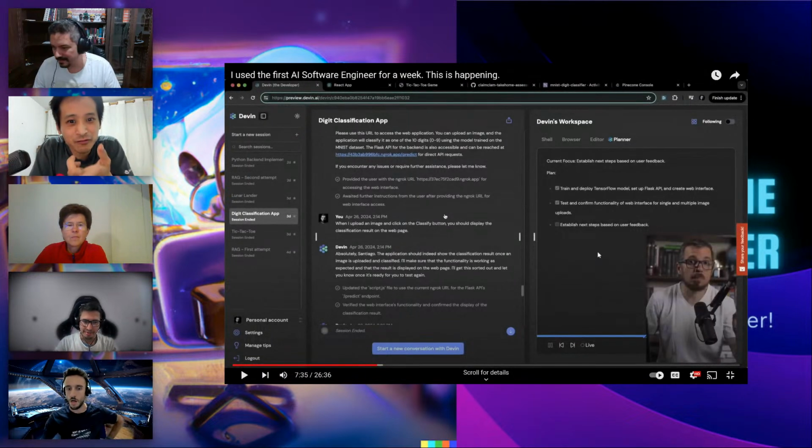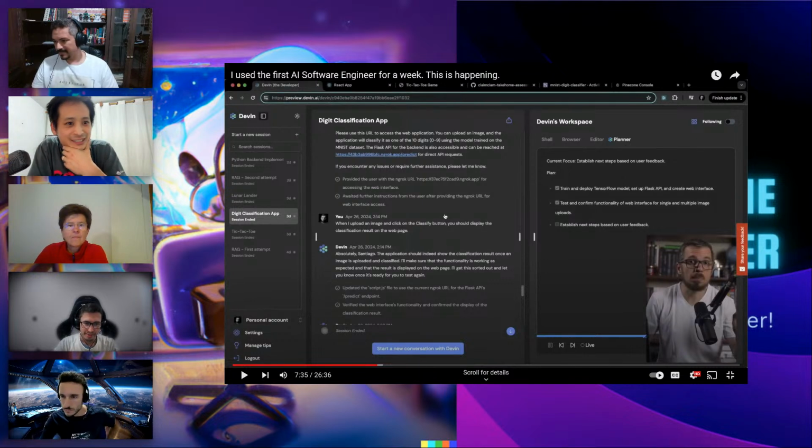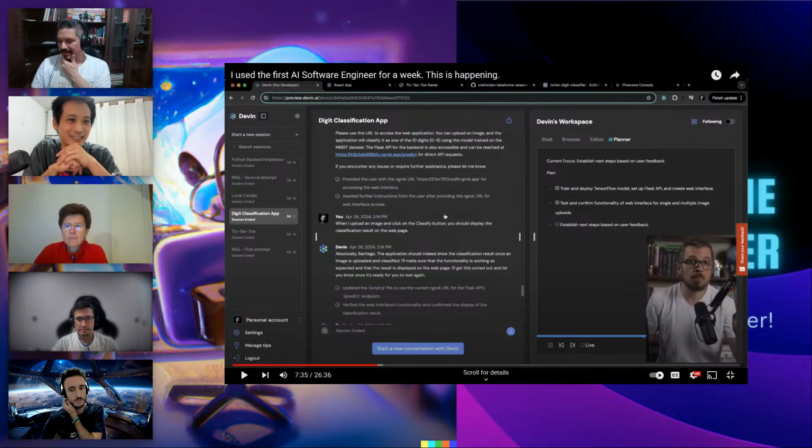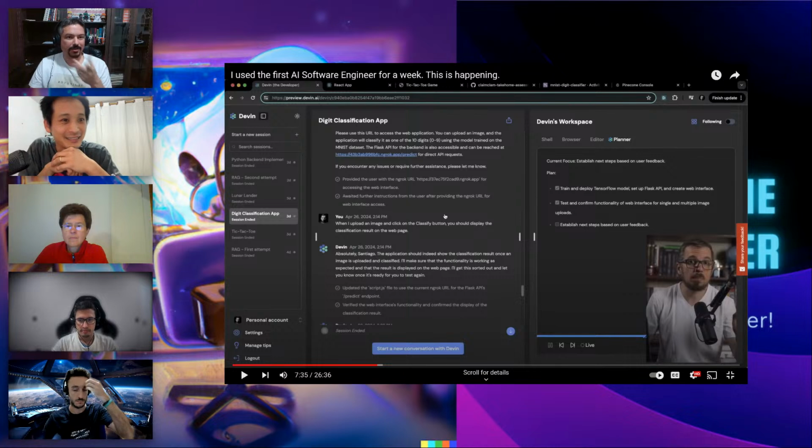Yeah, one for the shell, for the browser. I don't know what editors does. It is the code, right? Yeah, so probably each of them is a specific agent with specific instructions, so they can interact with these. And we're going to see a lot of these. At least I've seen it more and more common to use multiple agents to accomplish a single task.